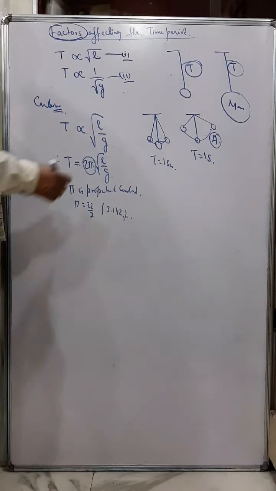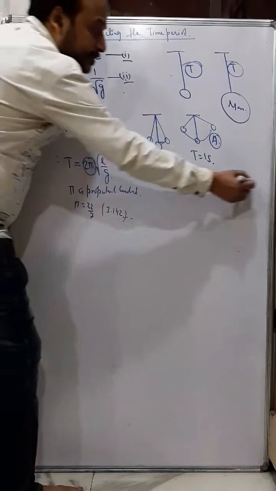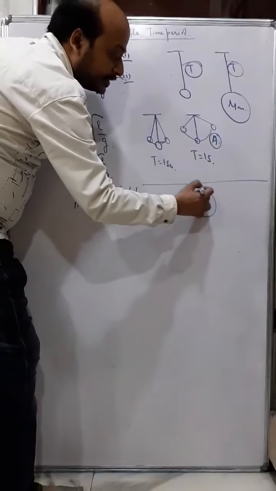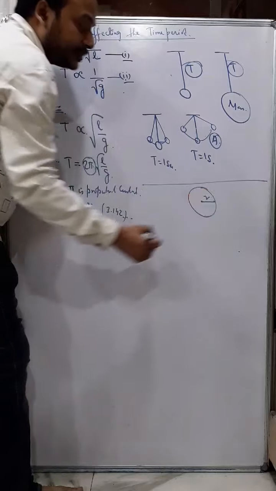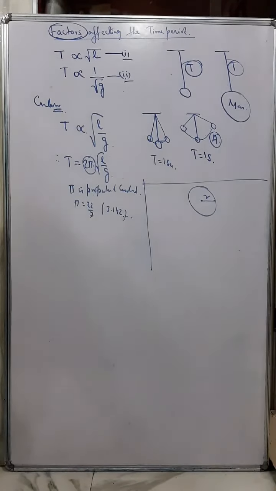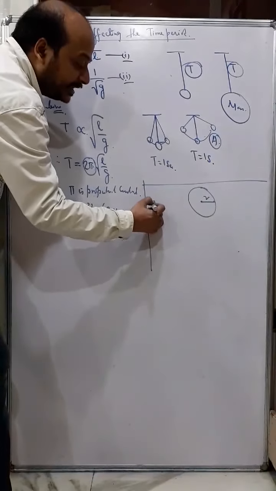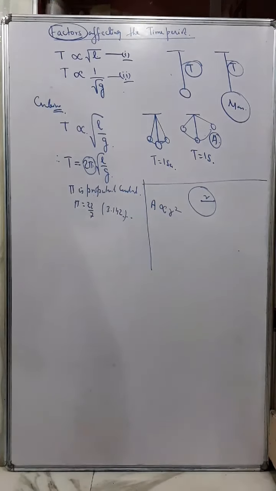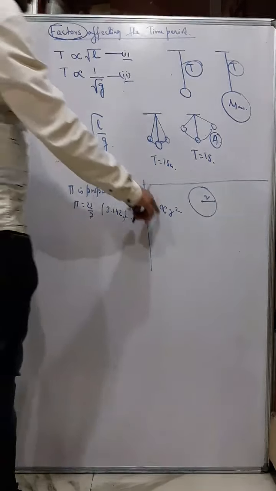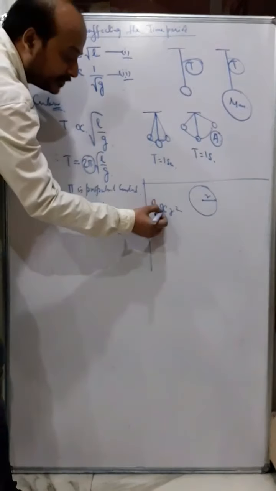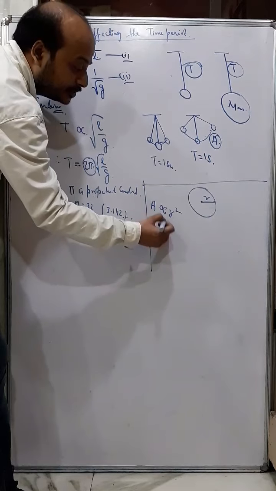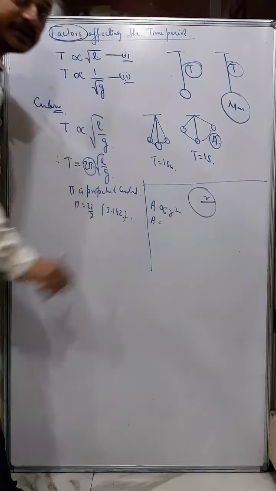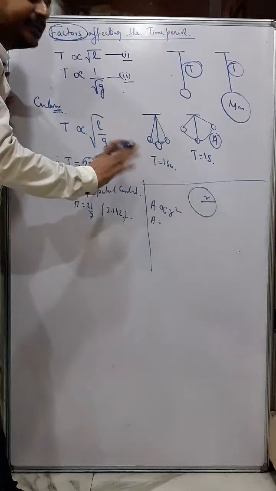Okay. About the proportionality constant, I can explain it this way also. This is a circle and this is the radius of the circle. You can understand a little bit about what I mean by this proportionality constant. It is experimentally found that the area of a circle is directly proportional to the square of the radius. Now if I convert this proportion into an equal sign, I have to multiply with a fixed number, which is found experimentally.